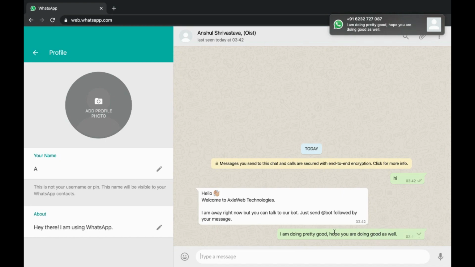I think this is something I need to configure. But basically, what I've done is when my customer sends me a message, they immediately get an auto reply which says, "Hello, welcome to Excel Web Technologies. I am away right now, but you can talk to our bot. Just send @bot followed by your message." So the customers know that they have to type @bot followed by their message.